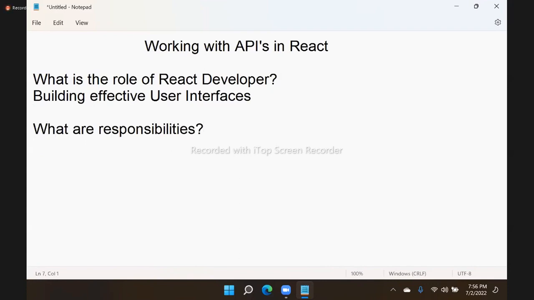What are the responsibilities of a React developer? Your role is building interfaces. In building interfaces, what is your responsibility? What do you have to design? That is the responsibility. That means the responsibilities of a React developer are